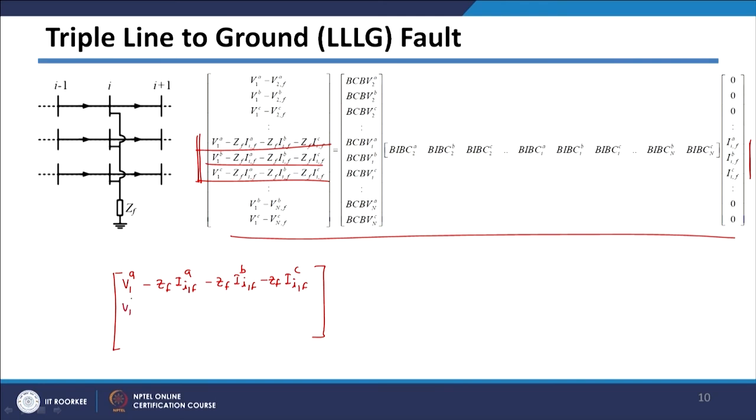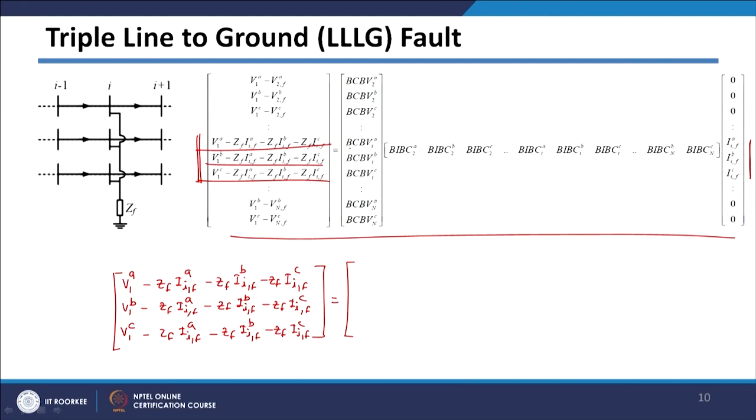Similarly, I can write for B phase: ZF multiplied by A phase fault current, ZF multiplied by B phase fault current, C phase fault current, and then for C we also get similar terms, which will be equal to